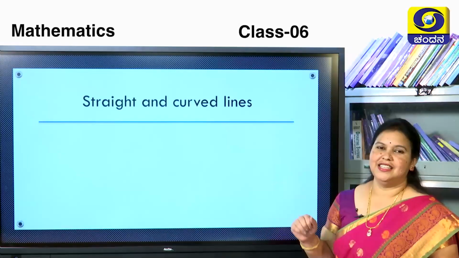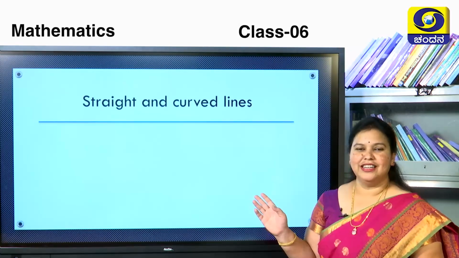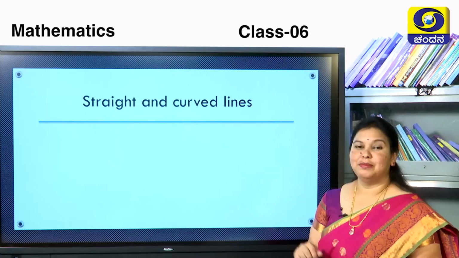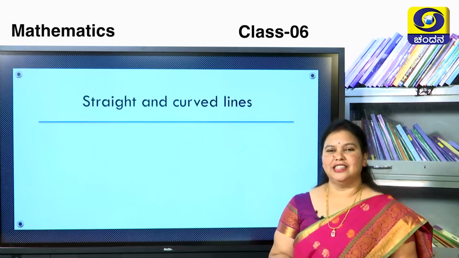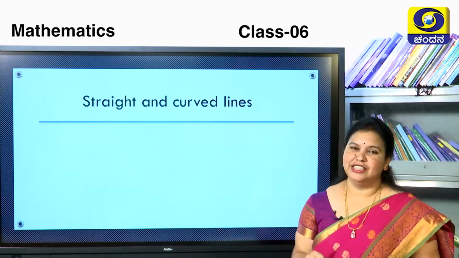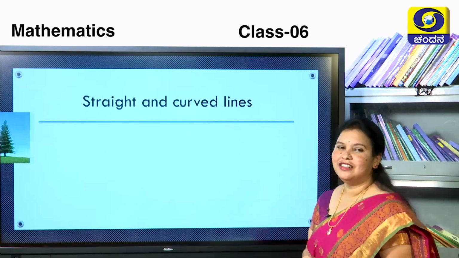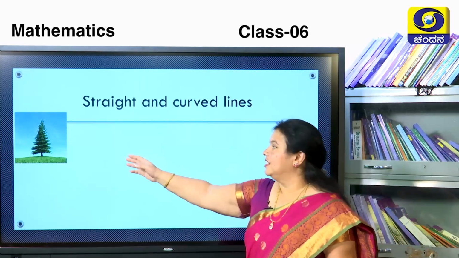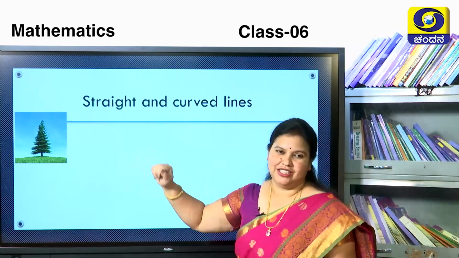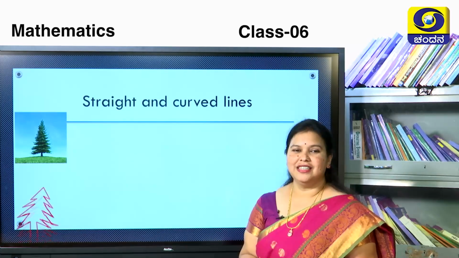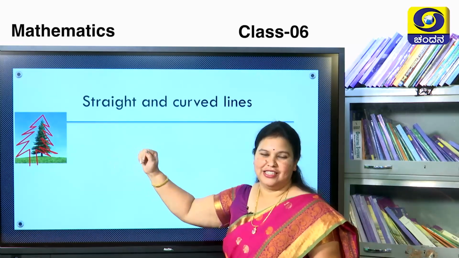Now let us see, some examples are awaiting for you. You have to recognize how they are made, by straight lines or curved lines. Then what are straight lines and curved lines? This you have learnt in your previous classes. Just recall it. We'll see the first example. It's a Christmas tree. You observe the edges of this tree. How will you draw this? Yes, by using some straight lines and some curved lines.